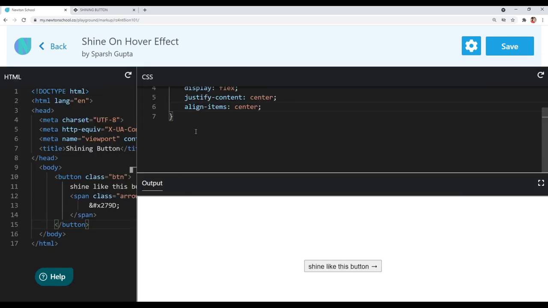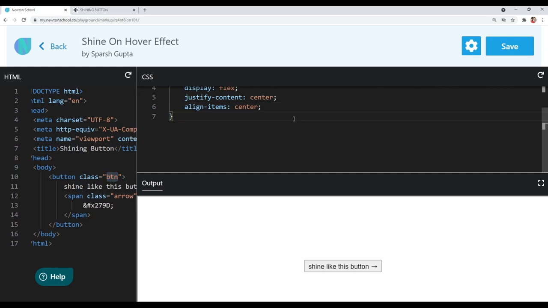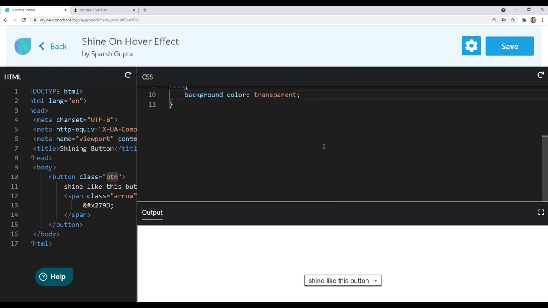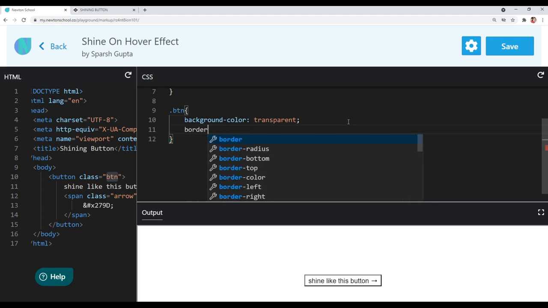So you can see our button is completely centered now. So now let's target our button and style our button. I will target our button using the btn class, and I will remove the default background color. So I will make the background color transparent. Okay, so we have made our background color transparent, and I will also give it a border of 3 pixel